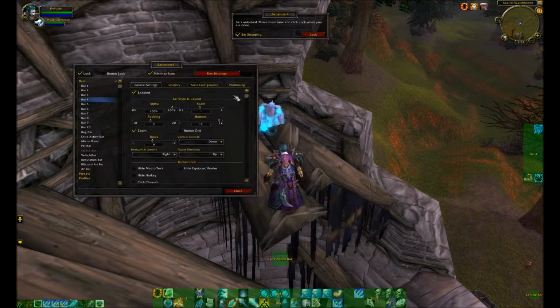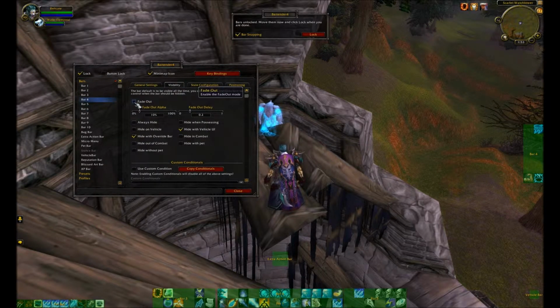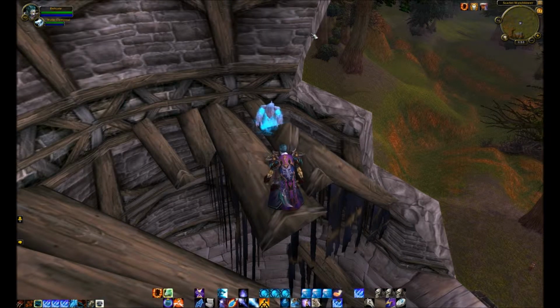Bar 4, we want to adjust the visibility on it, and we want it to fade out completely and fade out right away, and we only want it to work when we put our mouse over it. So now that will happen. So when we hit lock, it's disappeared. But if we take our mouse and go over, now it's there, and we can click on things,